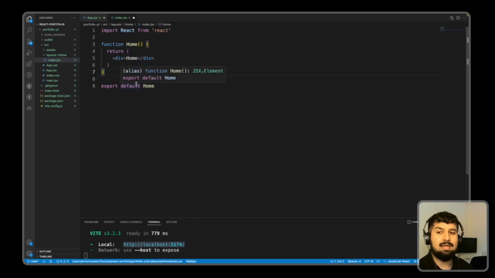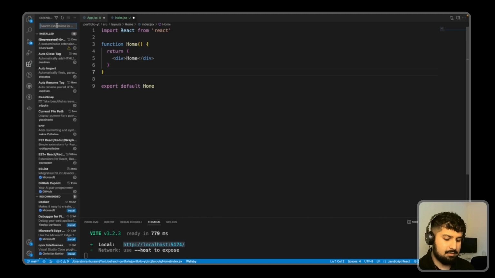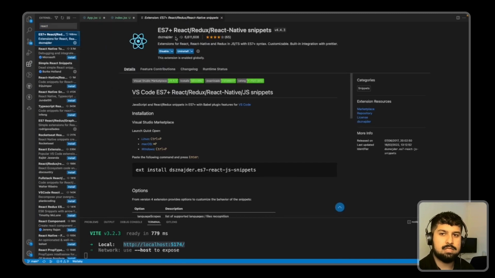So RFCE is a shortcut to create a React functional component. So if we go into our extensions over here and type in React, and if we click on this one, this is what I am using to get a snippet. So RFCE is the one. So if we install this extension over here,